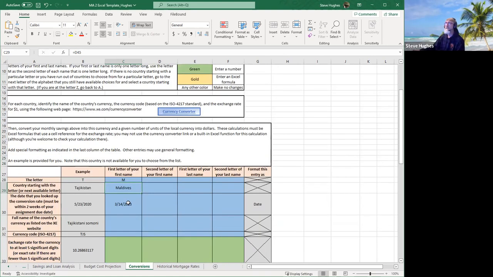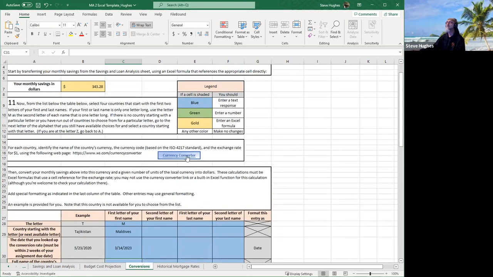Next, type in today's date. My date today that I'm working on this assignment is March 14, 2013. Now I need to know the name of the Maldives' currency, and I also need the 3-letter currency code for that. How do I do that? It says do that by following this currency converter link right here. All right, so once I do that, everybody,